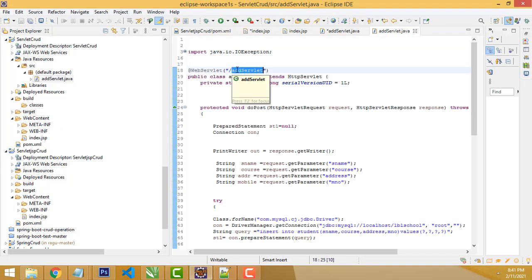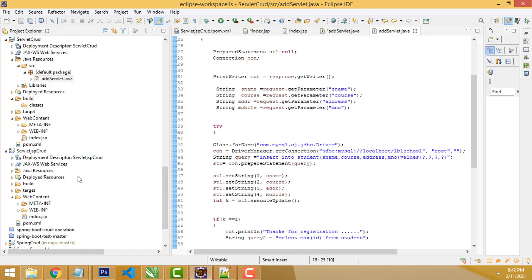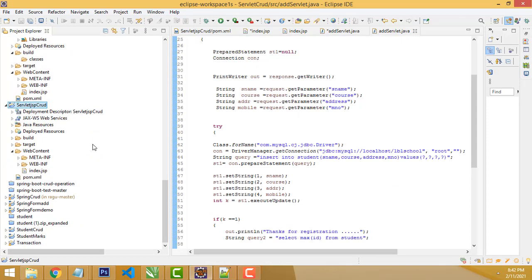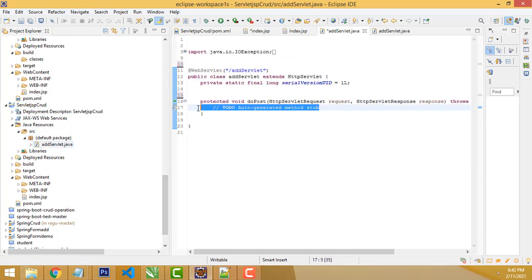Get the request and annotation, right? Sorry, not here. I have created it here. This is the servlet JSP page, right? So here you will be able to find it. This one, JSP resources. Inside the resources, src here. This one. This is a blank one, right? So after that, what I am going to do is put this code here.